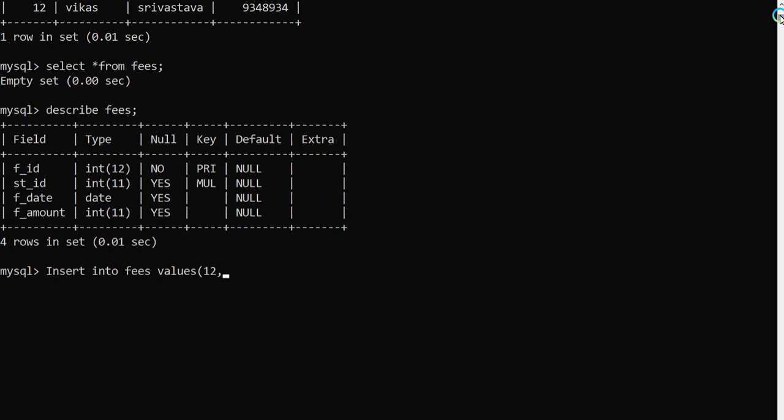So suddenly here let me do some changes. Fees id, the student id is 12, and the fee date is a date. First we have to write the year, comma, then the month, and then the day. That is just the rule to write the date, comma, how much fees we have submitted, 3000.